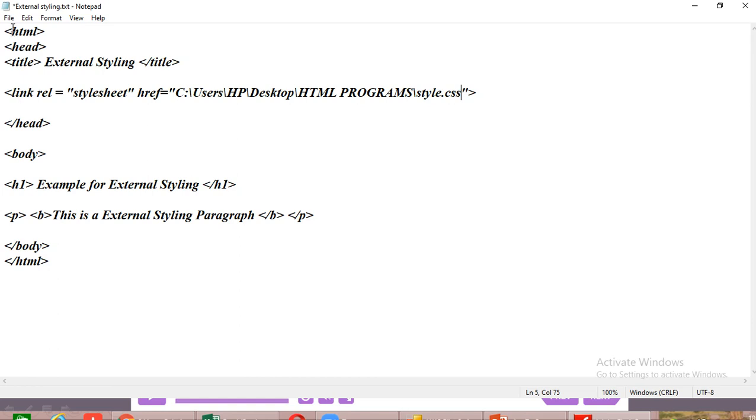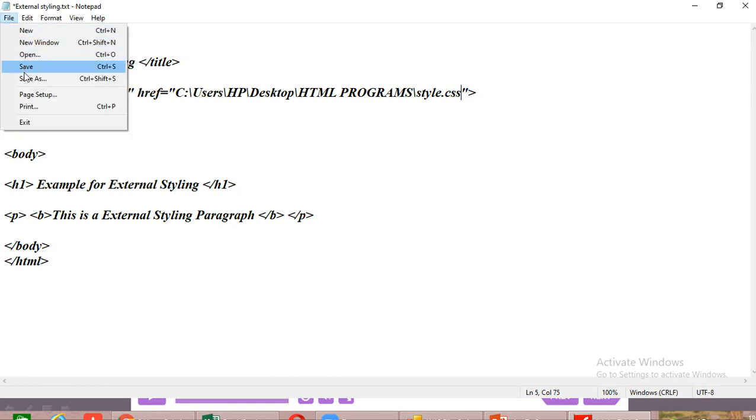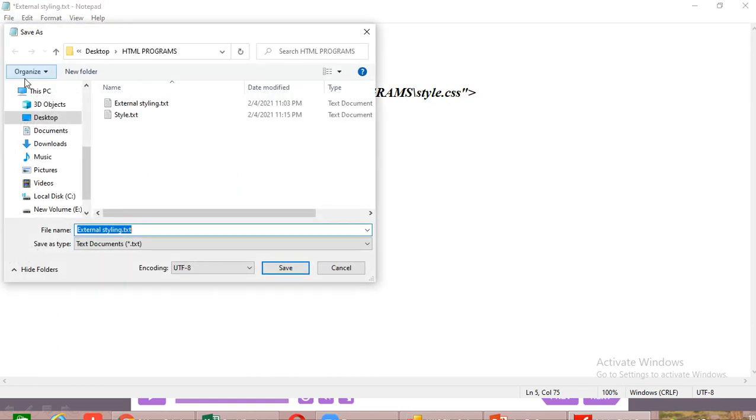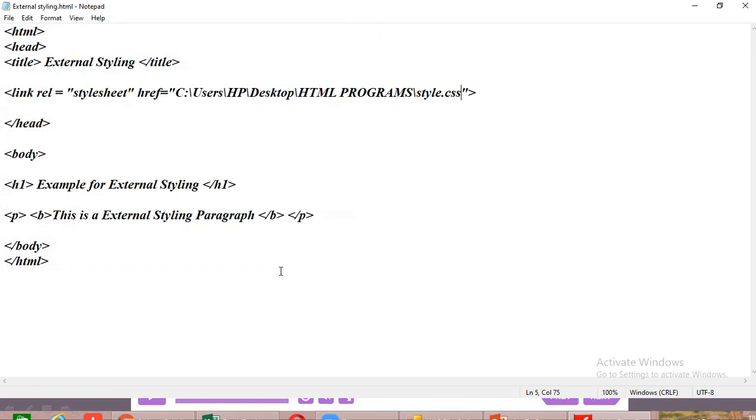That's all. As usual, we want to save this. So File, Save As, external styling.html. One file we saved as .css. Another file we are saving as .html. Now save it. That's all.